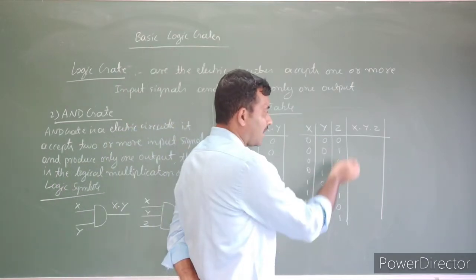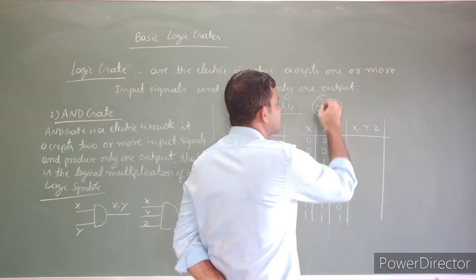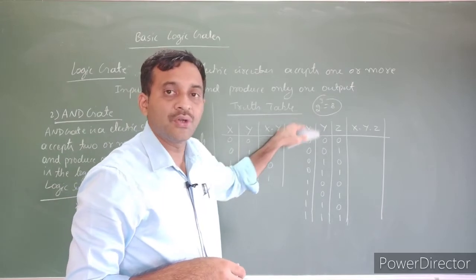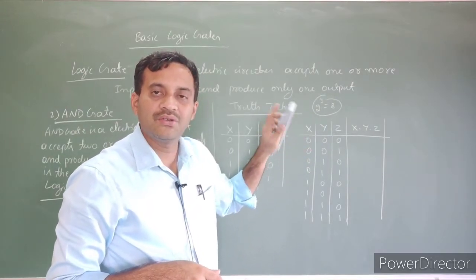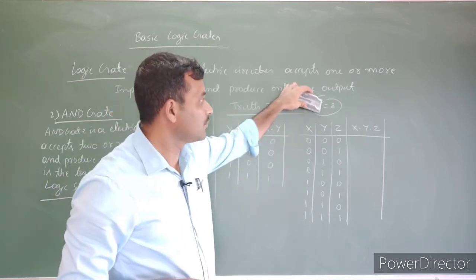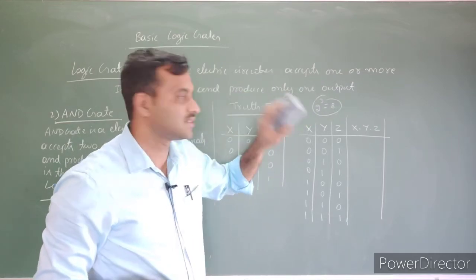How are there 8 possible combinations? 2 raised to 3 is 8. Hence there are 8 possible combinations. Here the base value represents the unique values of a variable. Each variable has only one unique value out of 0 and 1. Then with 3 variables, there are 8 possible combinations.